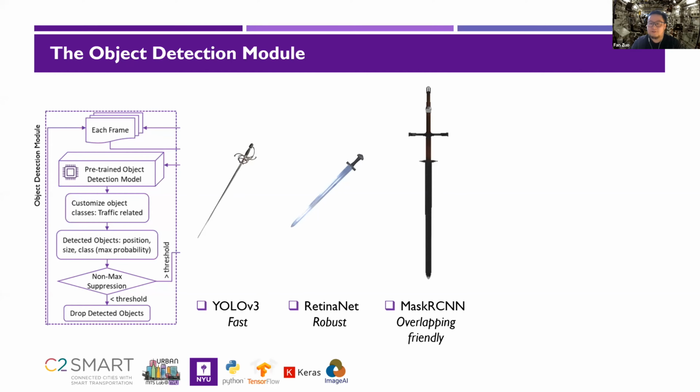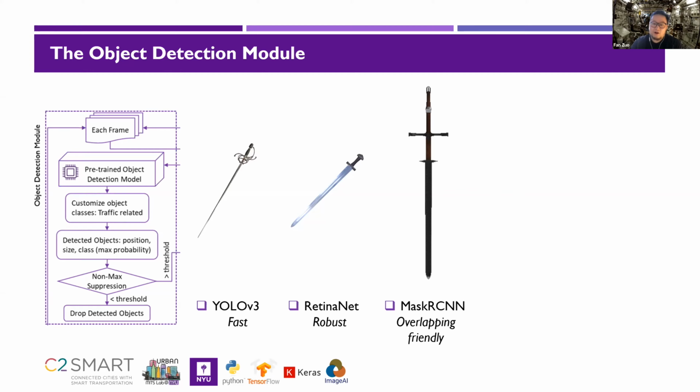I will use a different type of words to describe why these 3 models. YOLO V3 is like a rapier: it is fast and accurate, but sometimes it is too thin for dealing with dirty work. RetinaNet is like a Viking sword, not so fancy, but stable. But of course, it is not that powerful. And Mask R-CNN is like a sledgehammer. It's slow, but it's powerful, and it is good at identifying overlapped objects.